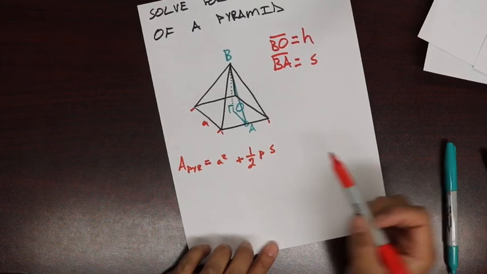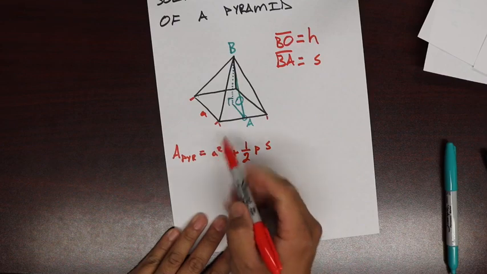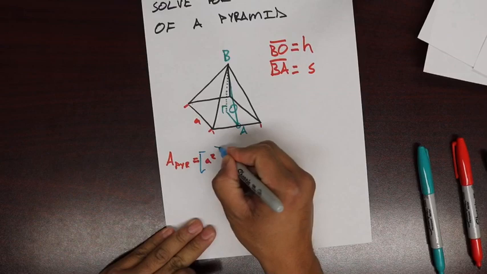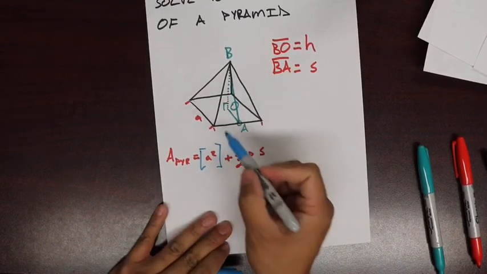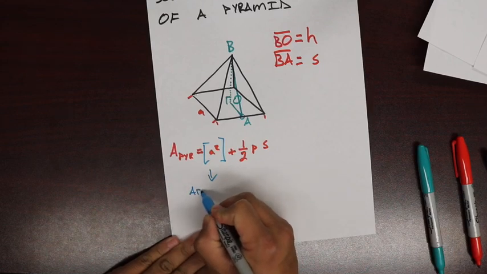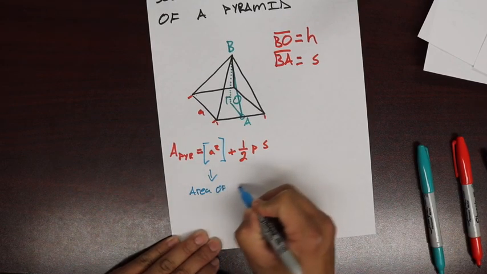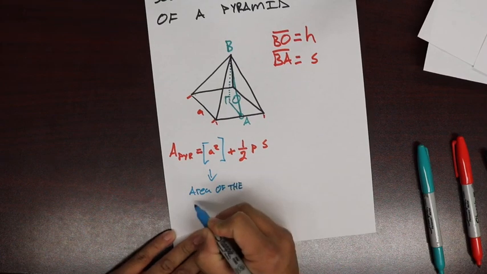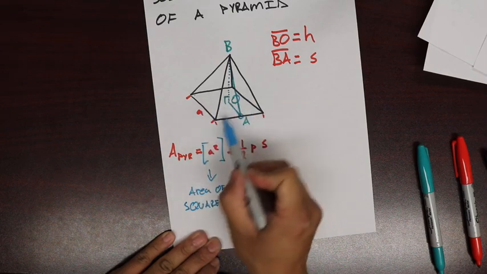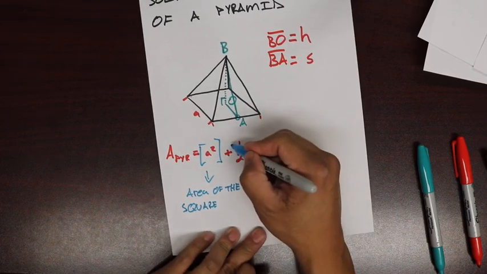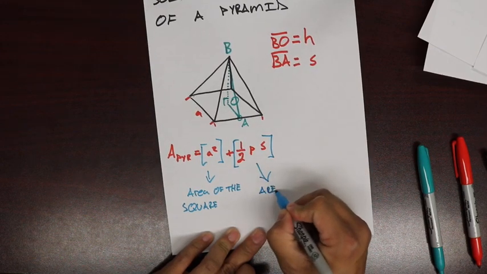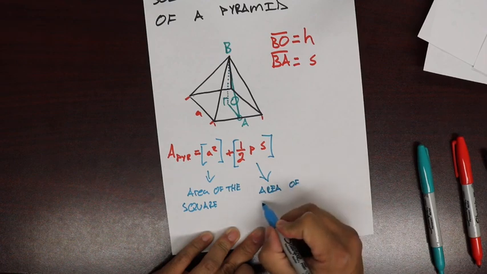So now let's break this down. This part is essentially the area of the square on the bottom, right? And then this part right here is the area of the faces